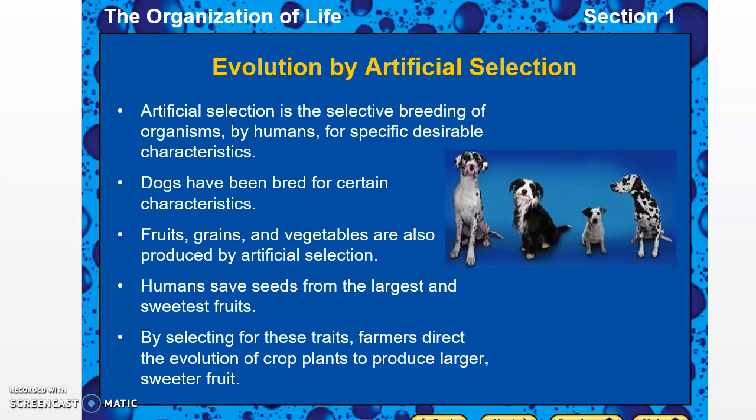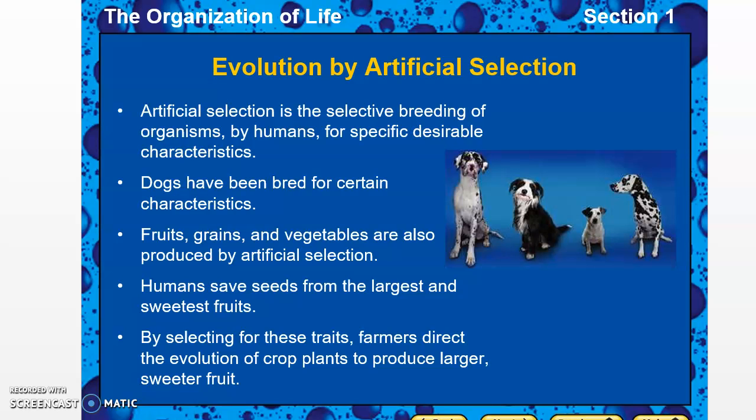Now, we also have something called artificial selection. This is what we humans do specifically when we're breeding dogs. We want certain characteristics of dogs. Sometimes we need dogs to be strong and herders. Sometimes we need dogs that don't shed because kids have allergies. So basically what you do is you take some dogs, you breed them together because they are the same species, even though they're different breeds. They're the same species and they can breed. And so since we do that, we can breed dogs for certain traits.